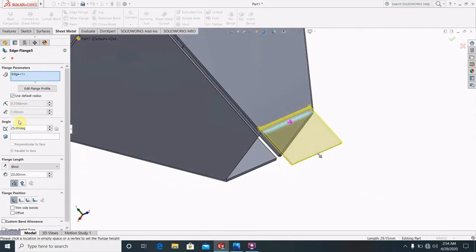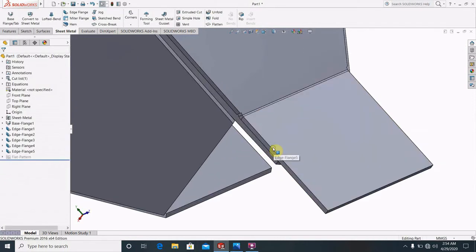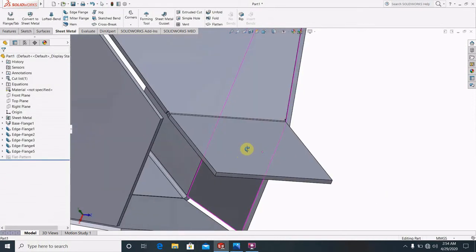Let's see that. Now the length will be 25 and it will be outer. Make it outer. Length will be 25 and the angle would be 25. Okay, in this way just make the four parts here. You can see that here.